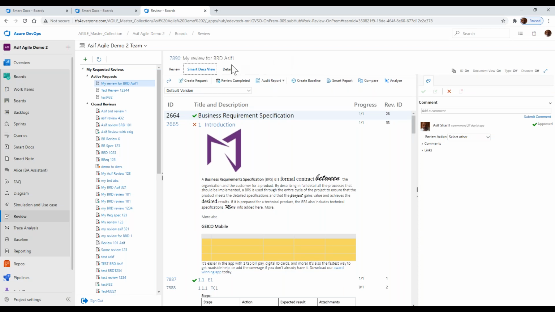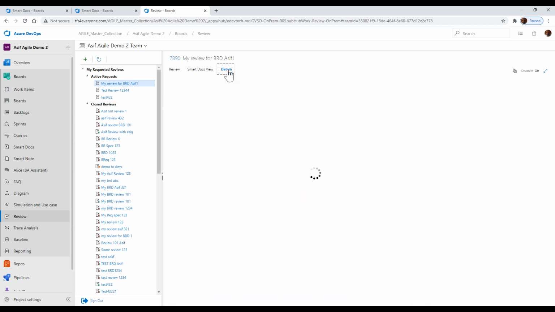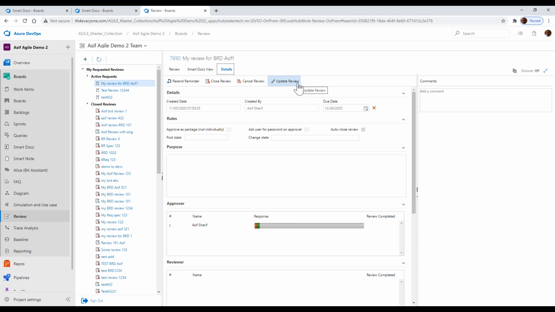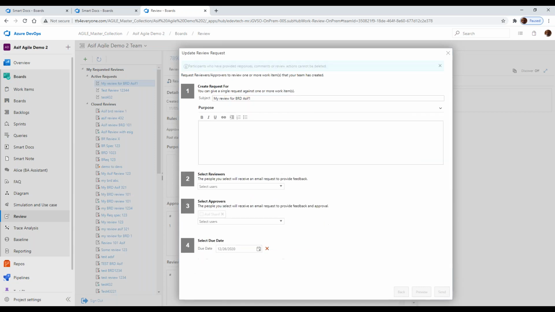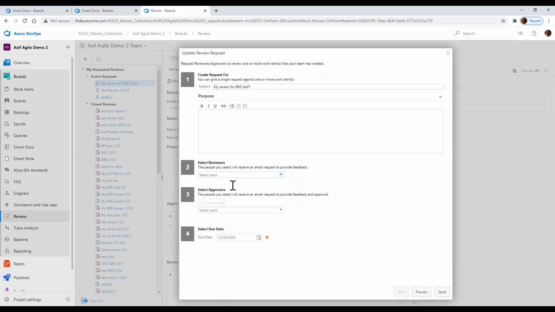The other thing that we did here was, under the details tab, you can actually update your review, right? So the idea behind updating the review is that you can add users to it, and or change them. But if somebody has already provided feedback, then you can't remove them, because at that point we need to maintain to know who said what. So if somebody said it, then you can't remove them, but you can always add new users to it,